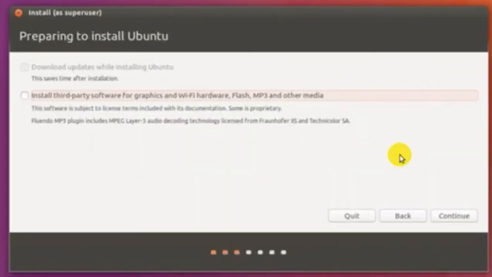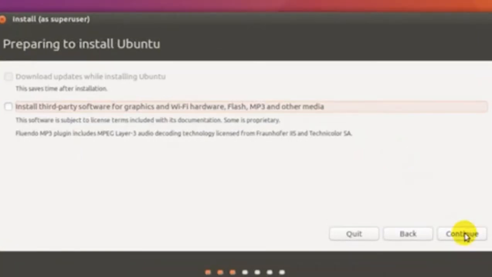Next, in the Preparing to install Ubuntu screen, click on the Continue button without selecting any option. You can download and install all updates at the time of installation of Ubuntu by selecting Download updates while installing Ubuntu. For selecting it, your system must be connected to the internet.